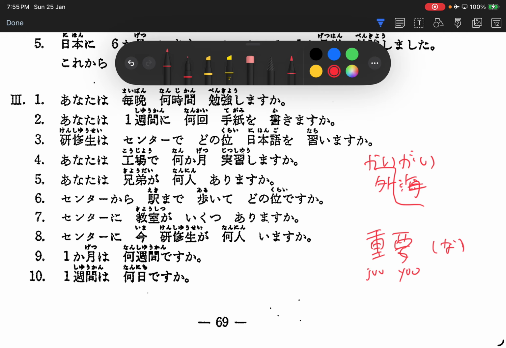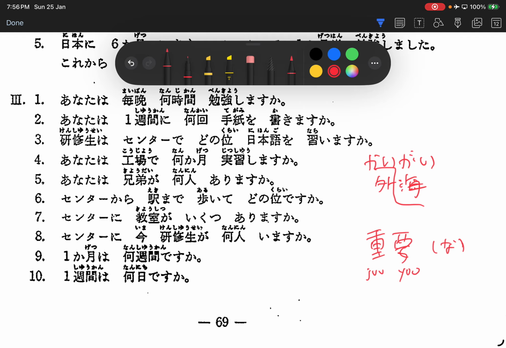Right? 海外. Okay, next. センターから駅まで歩いてどのくらいですか？ Yes, Warren. 歩いては3時間。でも、車で1時間あります。